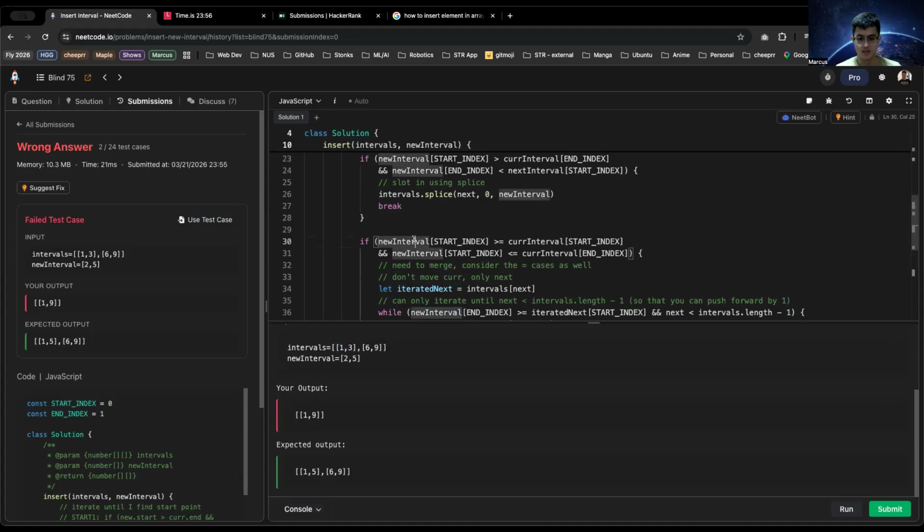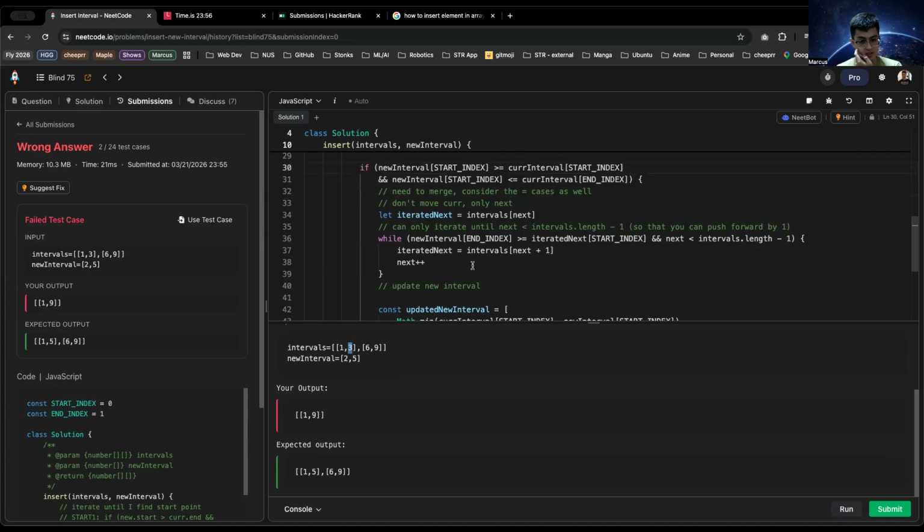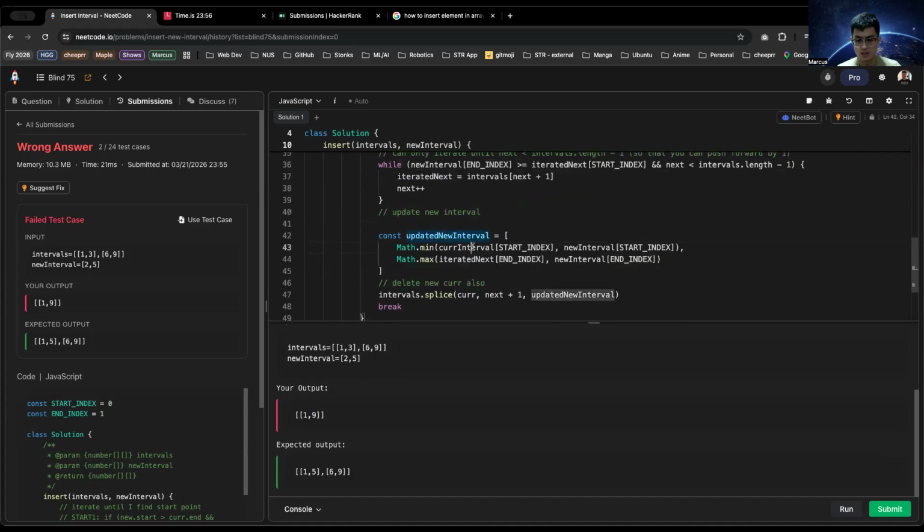I mean this makes sense, right? New interval start 1 is greater than or equals to 1. Sorry, 2 is greater than or equals to 1 and 2 smaller than the n. So I have to merge this. Right. So let iterated next equals intervals dot next, which is this. Then new interval n. Then I probably will break this. Okay. Then